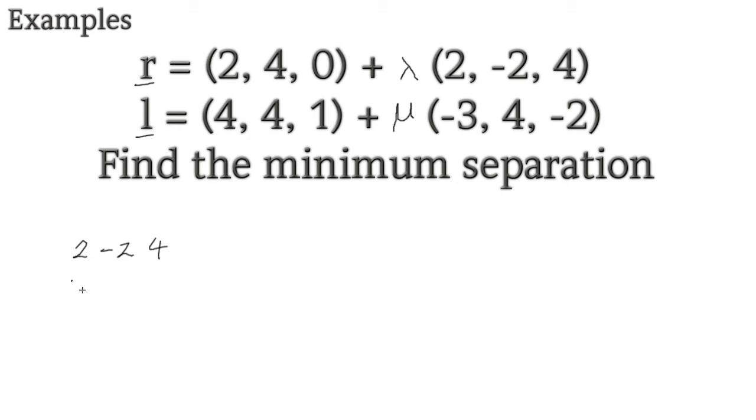So we do this, minus 3, 4, minus 2, do I, j, k, and now we take the determinant, and for the I component we should get a 4 take 16 minus 12,